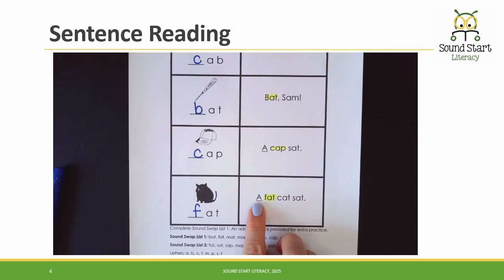Now, if you have a word that's underlined like this, it means it's irregular. So at this point, the kids only know that the letter A can be a, but in this word, it's a. So you just tell them the word. Tell them, say here, and then the child's going to read